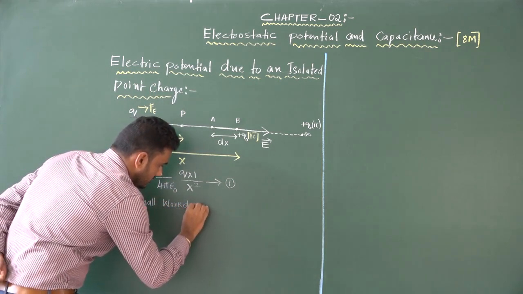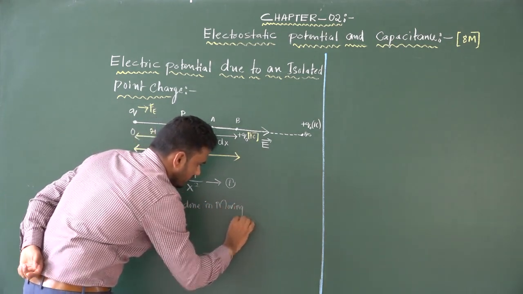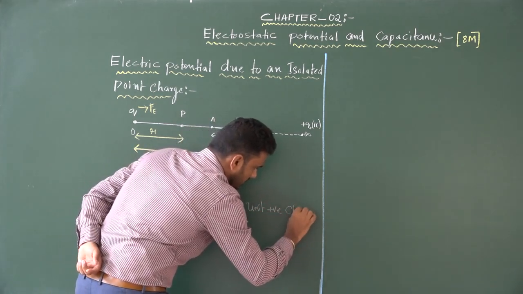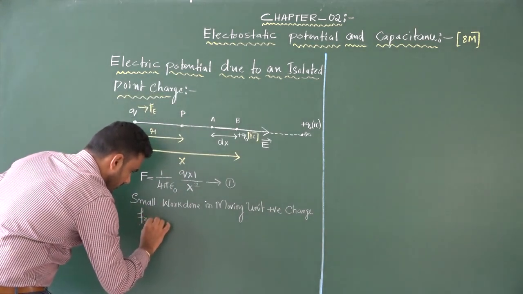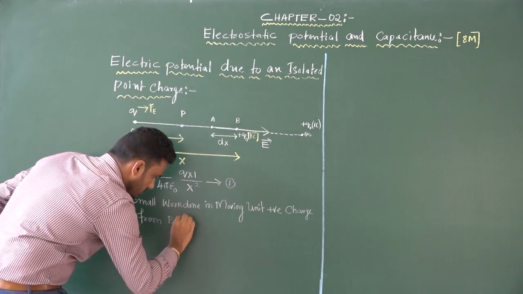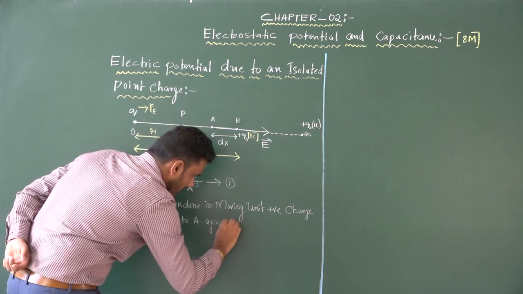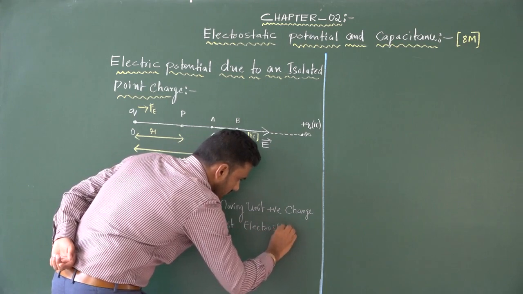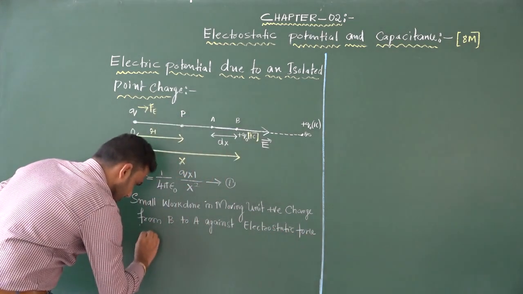Work done in moving unit positive charge or a test charge from where to where? We are bringing or moving from point B to A against electrostatic force, which is given by